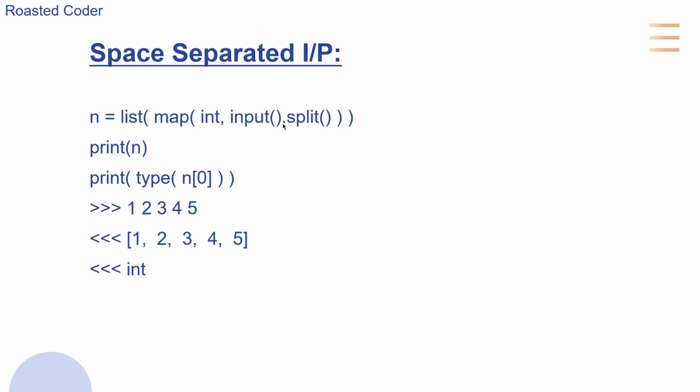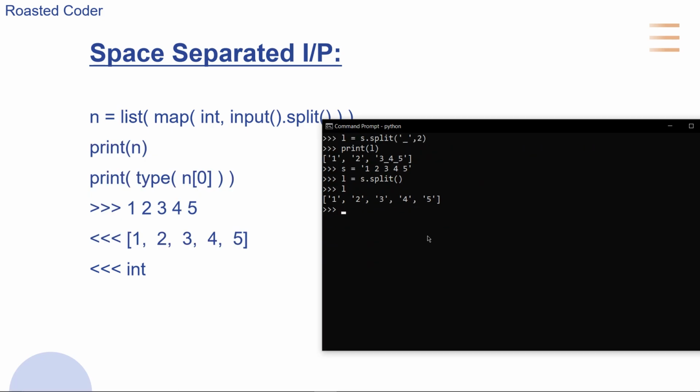So let's see this. s is the same, and we have to convert all those integers into a list. So let's take n equals list of